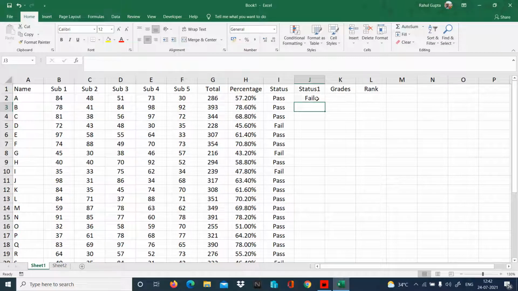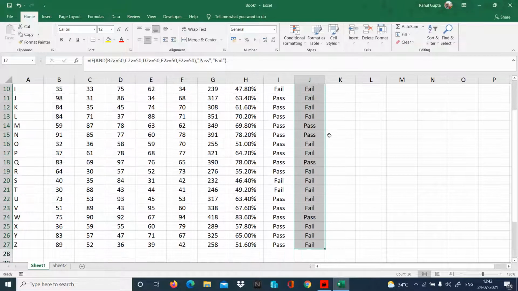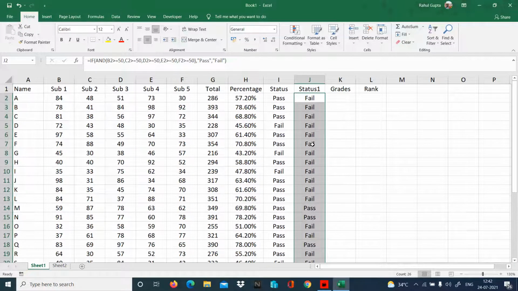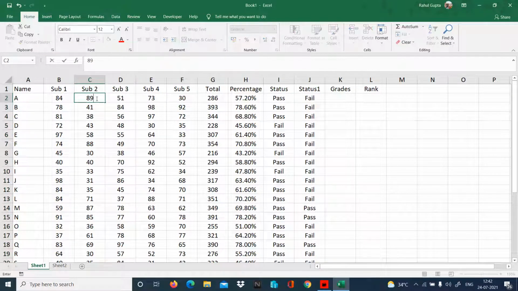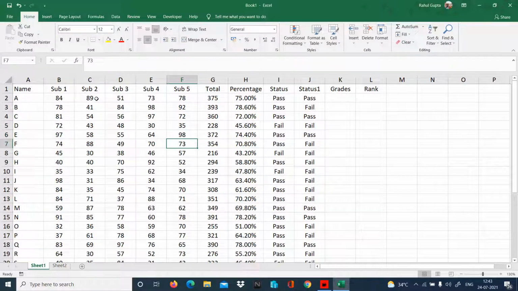So now the student is fail and most of them are fail, only few of them are pass. So quickly I'm just making some of them pass so that at least we have a list of few people who are pass. Just making it few of them pass so that we can see at least many as pass and few as fail.